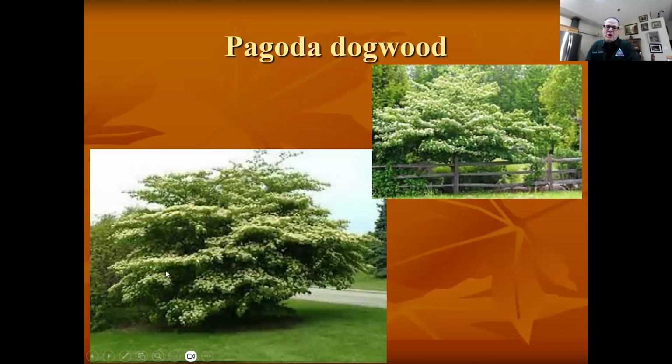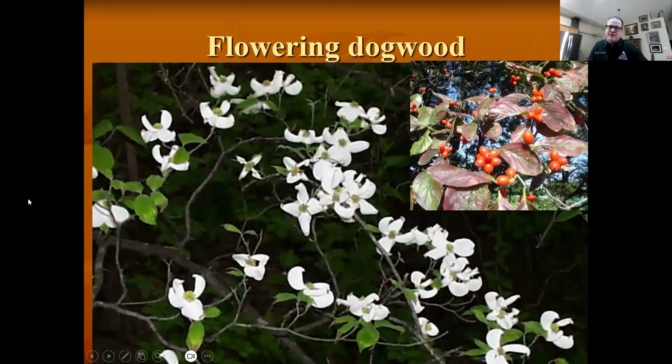Alternate leaved or pagoda dogwood. It's a dogwood, pretty hardy. It's hard to find in the nursery trade, but if you can find alternate leaved or pagoda dogwood, they're very pretty. And to me, they seem to be a little hardier than just straight Cornus florida or flowering dogwood, especially if you're going to try it in a full sunlight situation. I would still like at least some morning or afternoon sun on this, though.